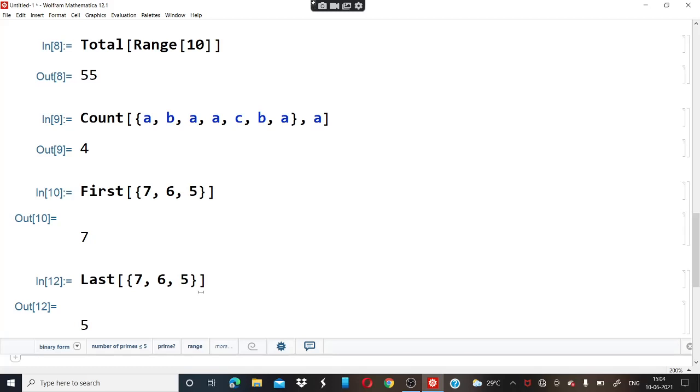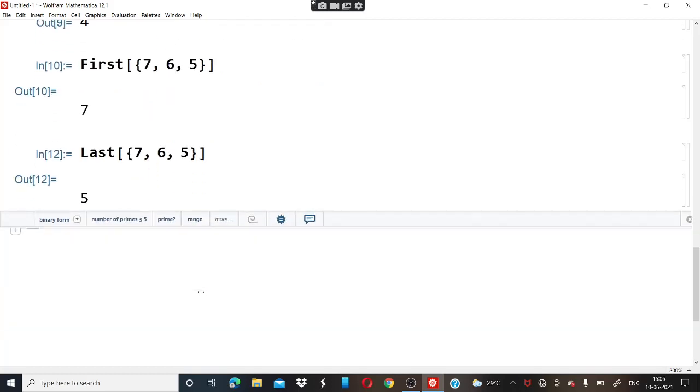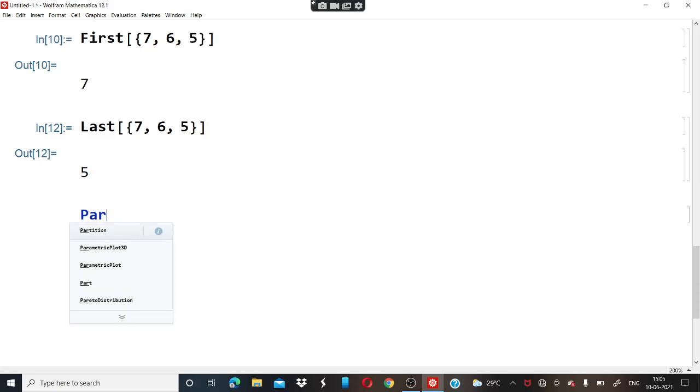Now, pick out element number 2. That means, I think, whichever number is divisible by 2. For that we will write part, and then use these brackets. Then we write the given list, that is 7, 6, 5.